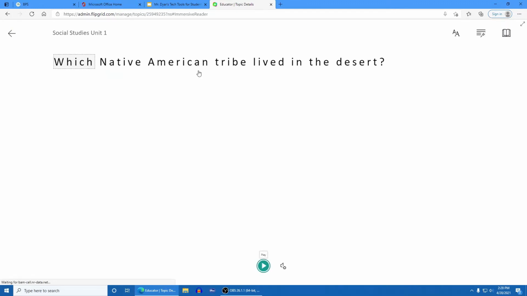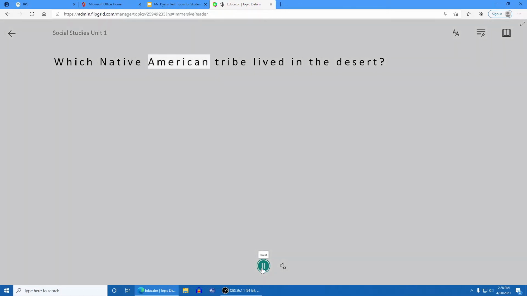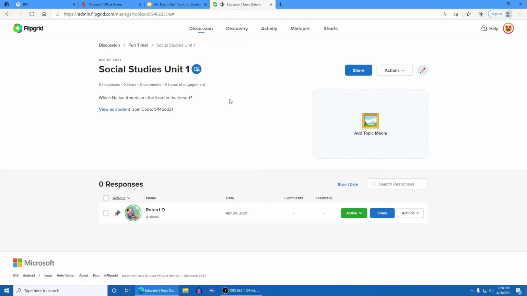So I'm going to click on that, and you will see. Clicking play. Which Native American tribe lived in the desert? Perfect. So even with my little guys, my K, my 1, my 2, if I can take a couple days and train them to find this button and then just show them how those buttons work on clicking play and clicking submit, they could come in here and do this program as well, which is really cool.